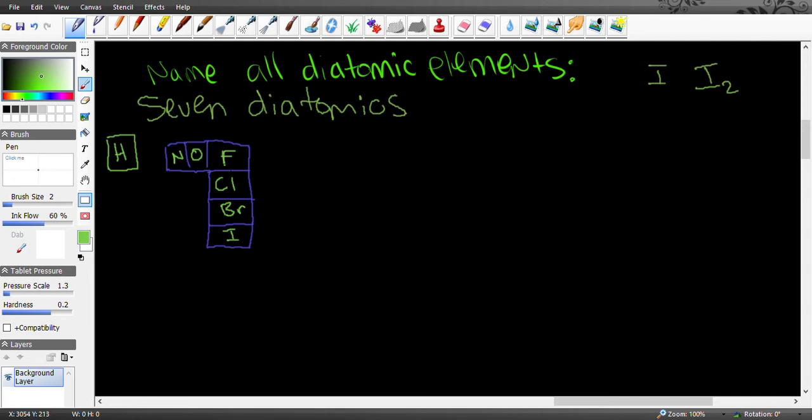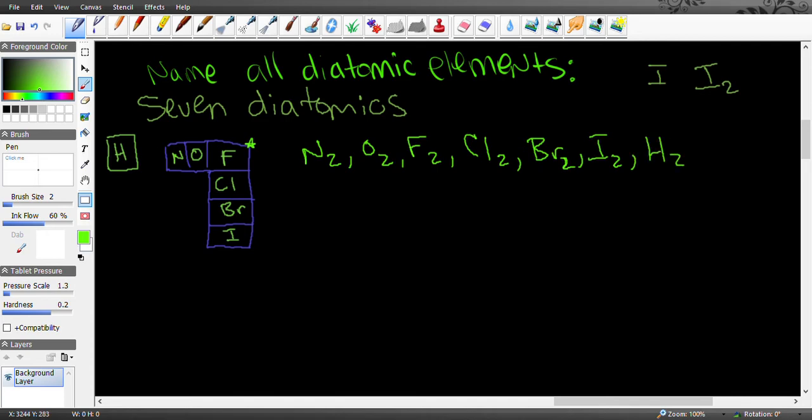So again, if you look at the periodic table, pay attention to right at the corner, the top of the halogens. You can go over 2, so your 7 diatomics are N2, O2, F2, Cl2, Br2, I2, and that's only 6 of them, right? So we need one more, and that would be hydrogen, H2. There's another one that people use. I just prefer this because it lets me know how many there are, and they're all really close to each other. So the other one people use though is